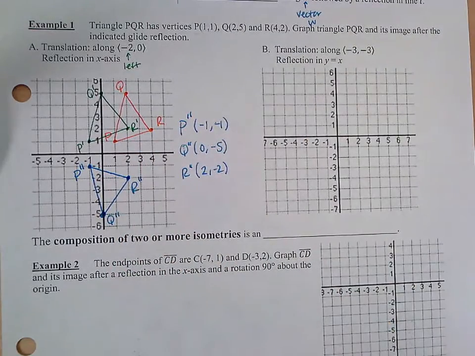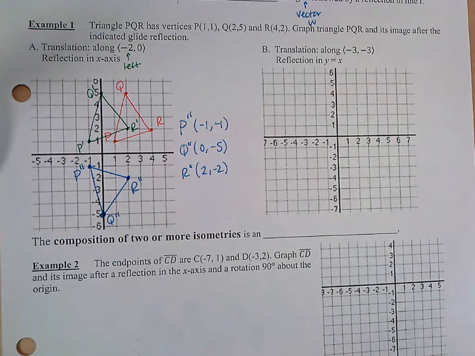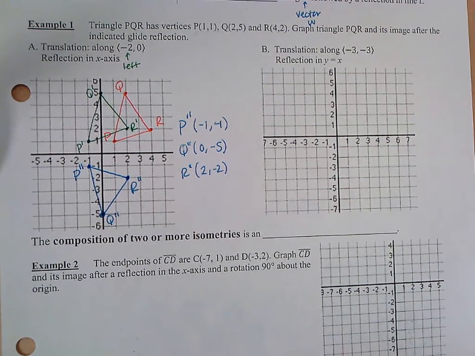So on mine, with the different colors I used, from the orange to the blue, that is a glide reflection. I went left 2 and then I reflected it. And I gave the coordinates of my final image. Everything's labeled there. Any questions on that one? Okay, so then for B,